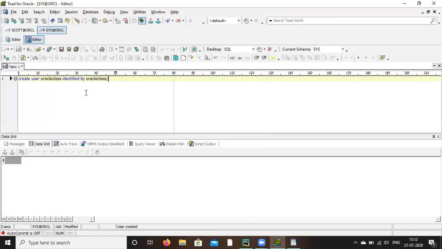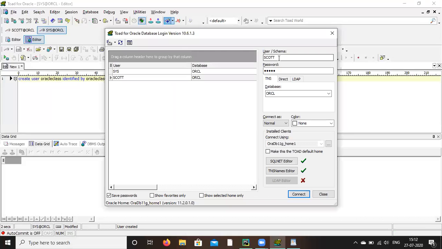Now again click on the plus sign, connect to that. You can connect one more user. So which user do I have to connect to? Just now we created that user, right? Oracle class.